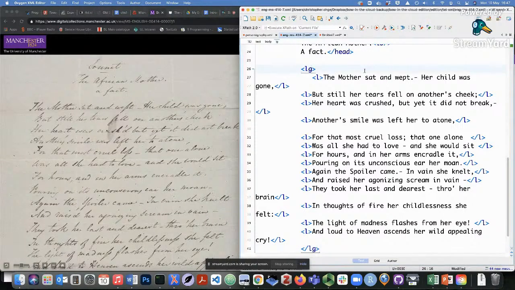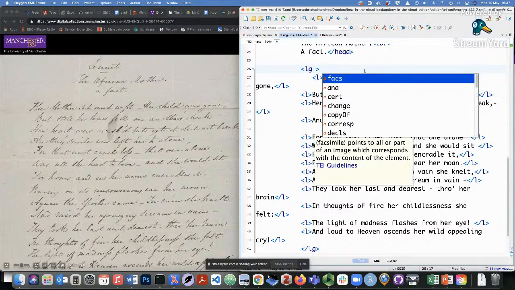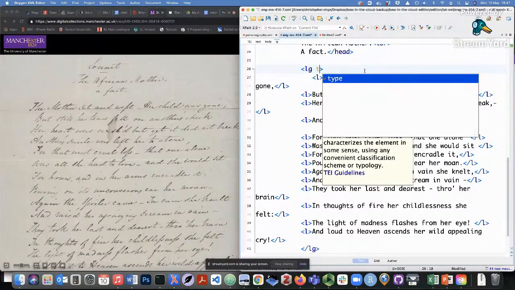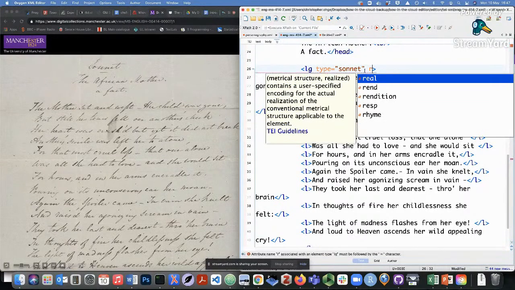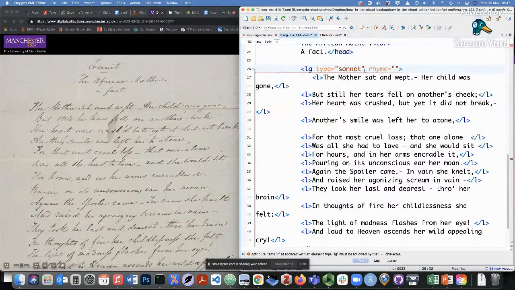First of all, I said this was a sonnet, right? So what you can do within an lg element is add a type attribute, and we'll just add that it's a sonnet. We can also add a rhyme attribute to indicate its rhyme scheme. This poem follows an ABBA, ACCA, DEED, FF rhyme scheme. We could enter that into this rhyme attribute,